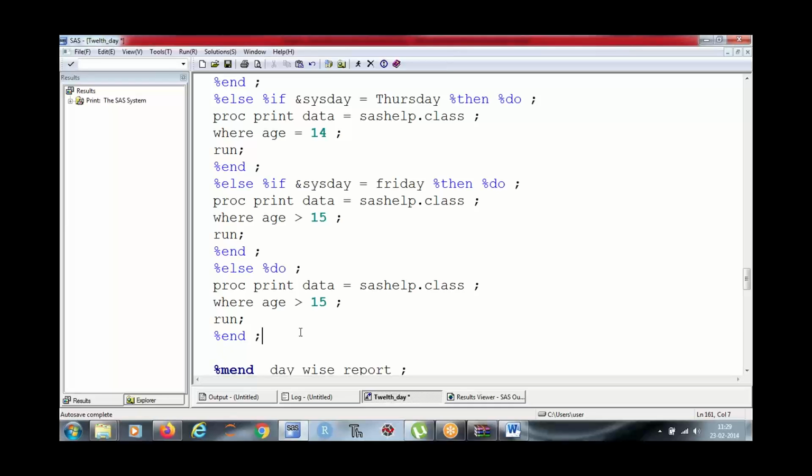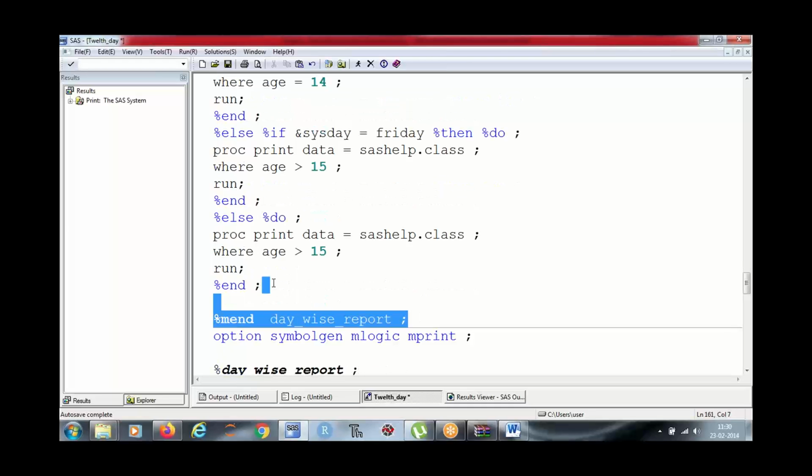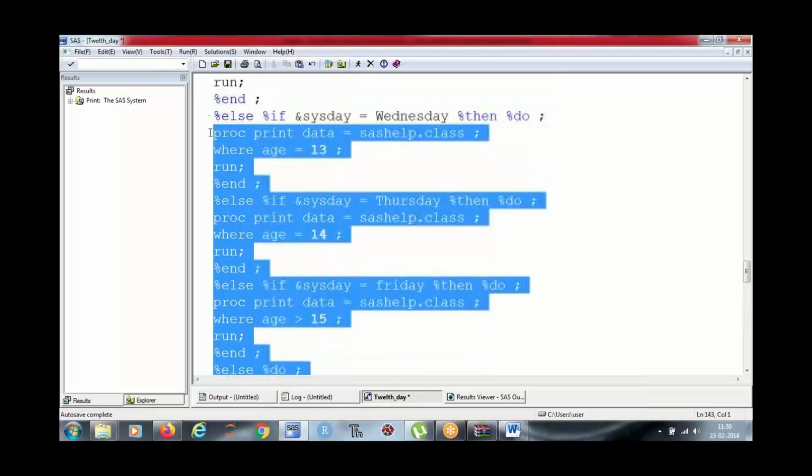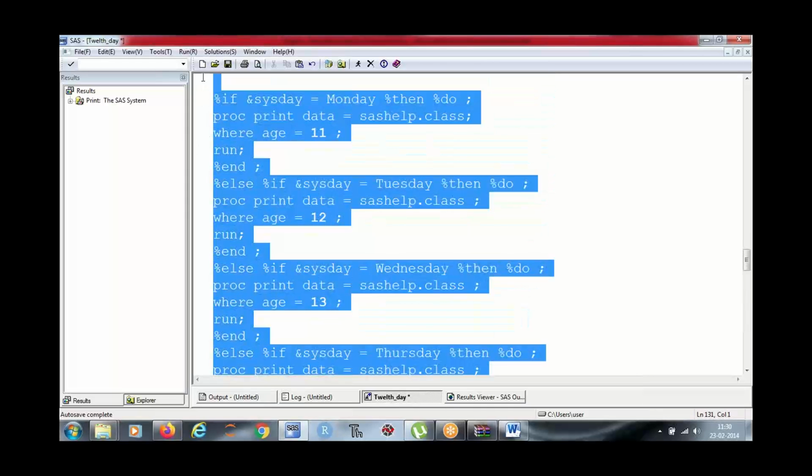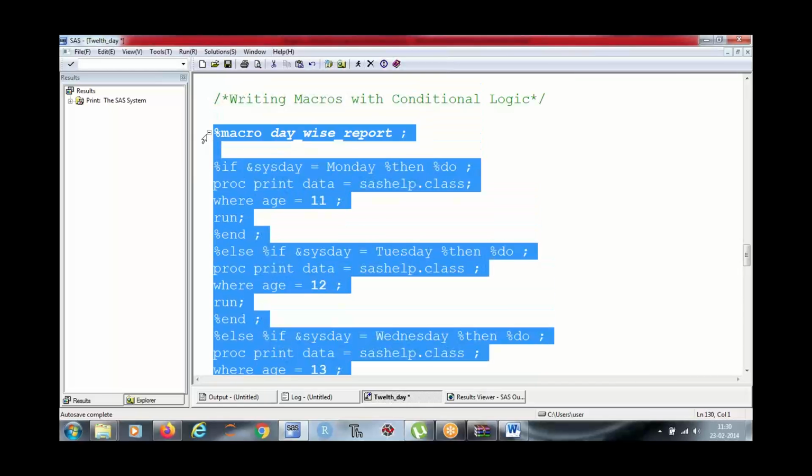And then %MEND. So once you run this program, you will get no output.